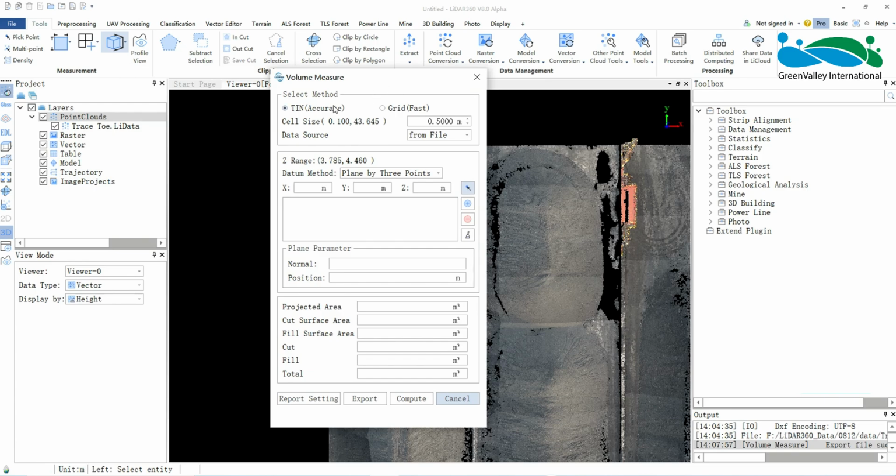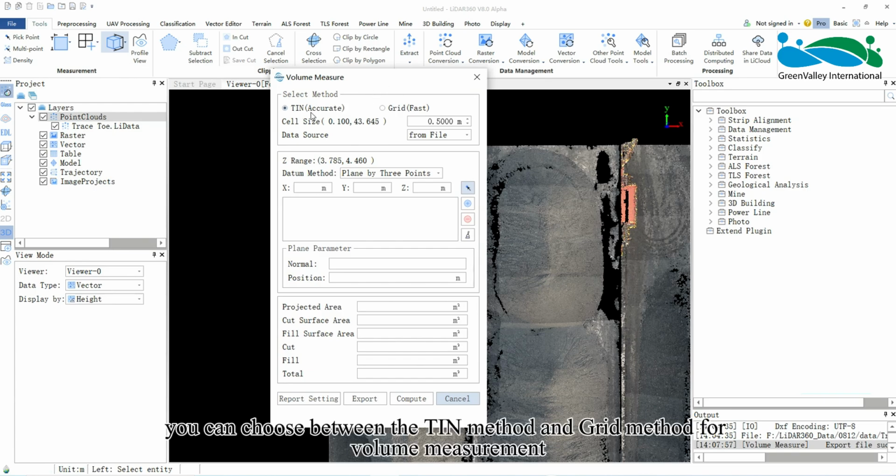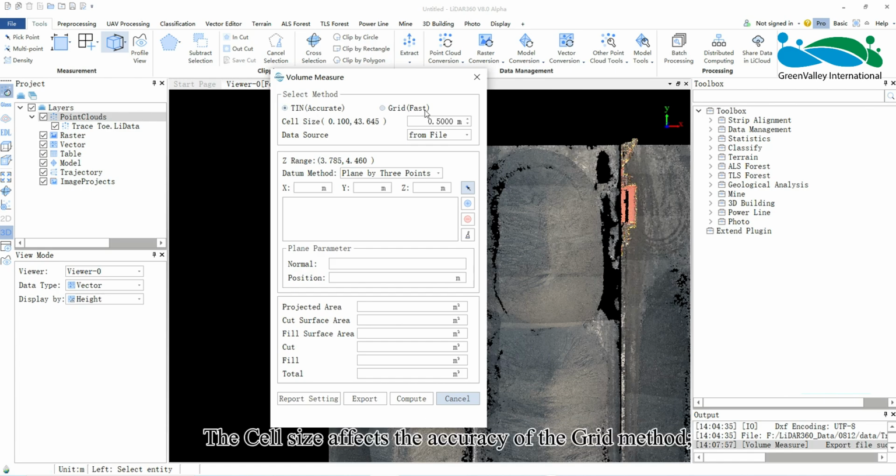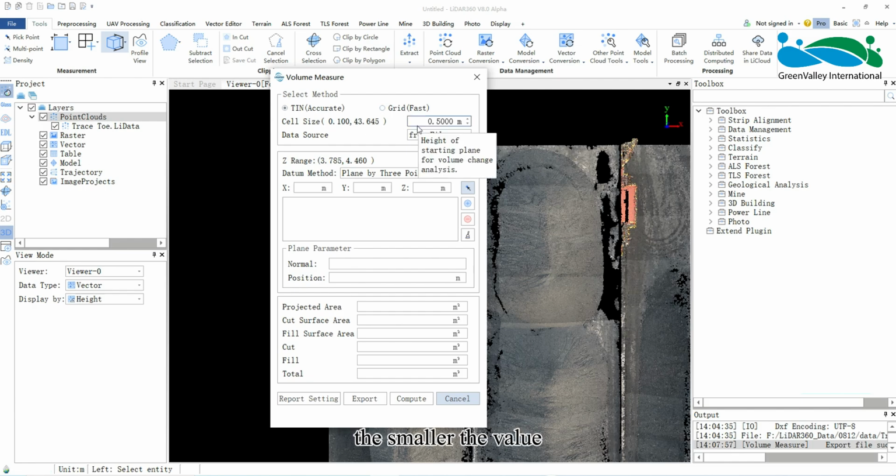In the pop-up, you can choose between the tin method and grid method for volume measurement. The cell size affects the accuracy of the grid method. The smaller the value, the more precise the calculation.